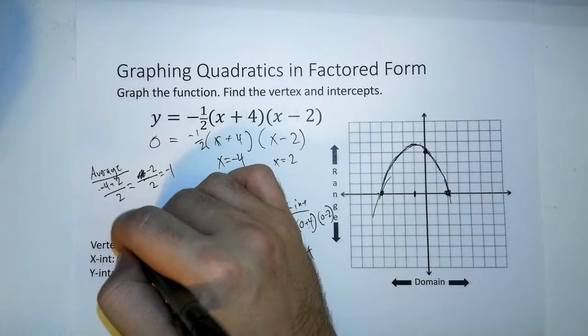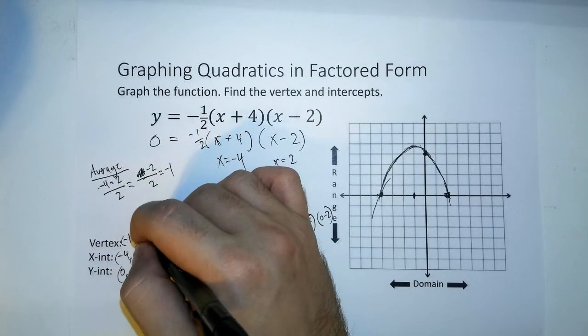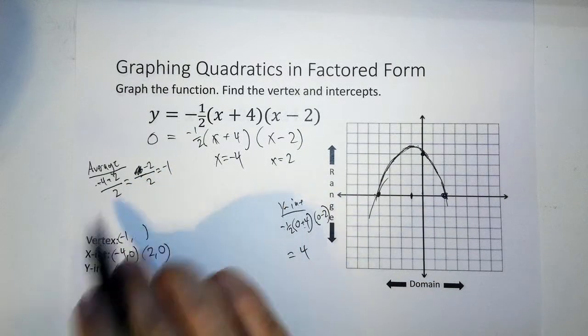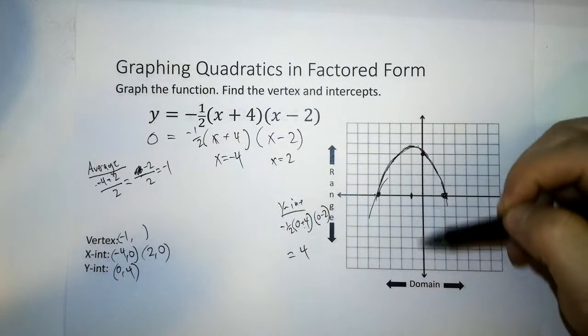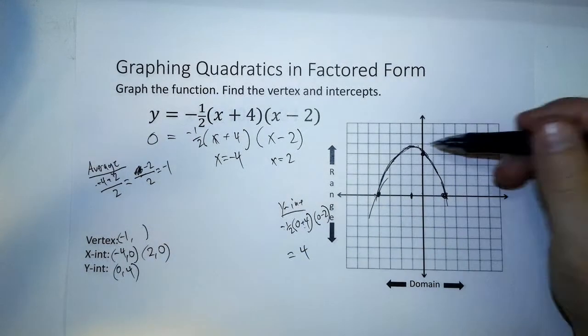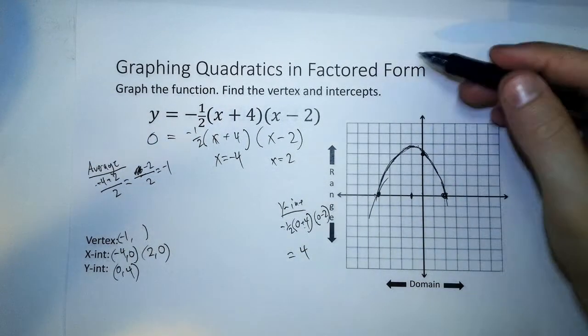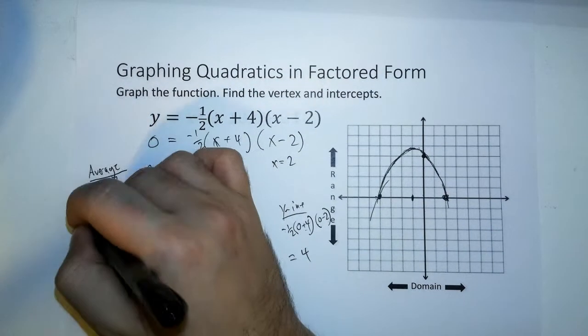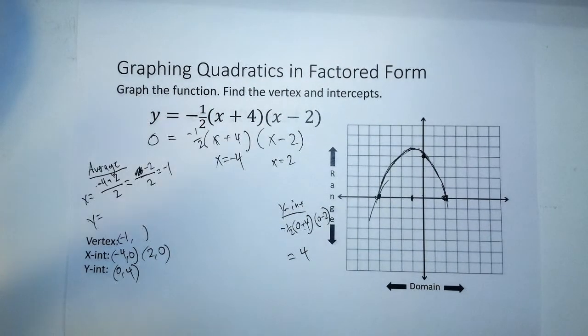So we'll plug in -1 for our vertex, and we'll find out what the y value is. Because remember, we just found the x value for that vertex. It could still be anywhere up and down in the y direction. So that was for our x value. Now we'll go ahead and find y by plugging in